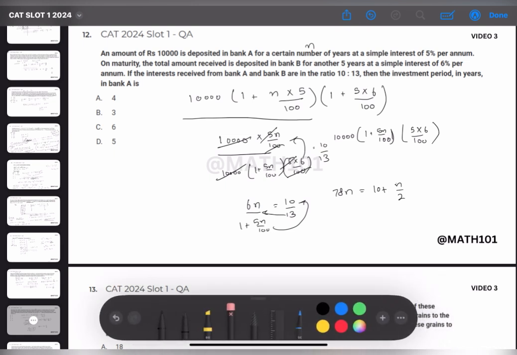This is a mistake. This 6 is not going up there. This 6 won't be there. This is in fact